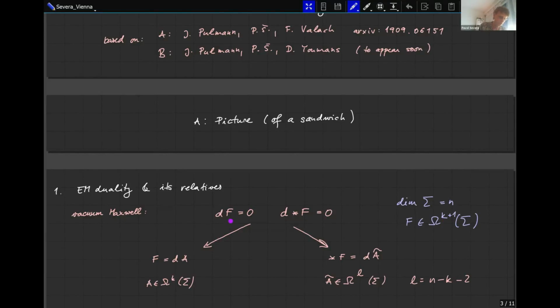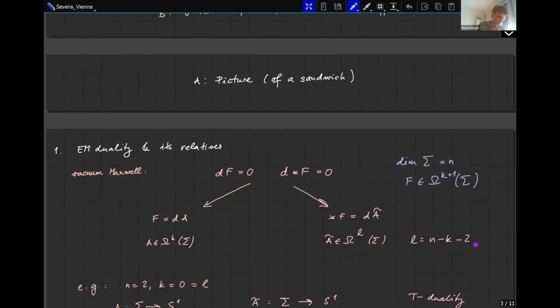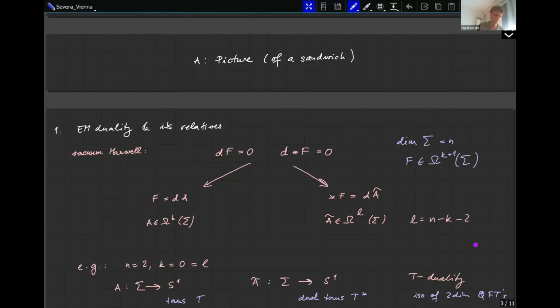We can either think of F as the important thing, and then we say that locally F is equal to D of A, and now declare that A is our actual field and write the action functional in terms of that, etc. Or we can decide that it's the Hodge dual of F that is more important, and we write it as D of some A tilde, and do the same thing on this side. And we get somehow two pictures of basically the same thing. Now, if we do it slightly less naively,